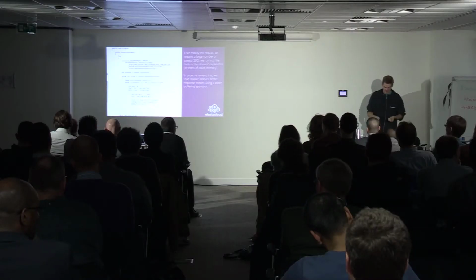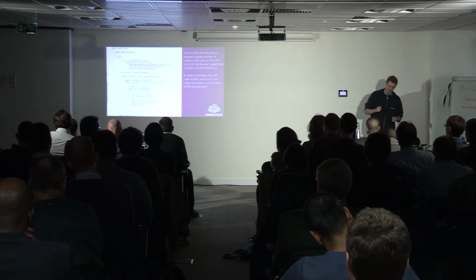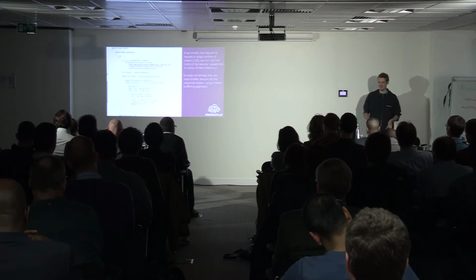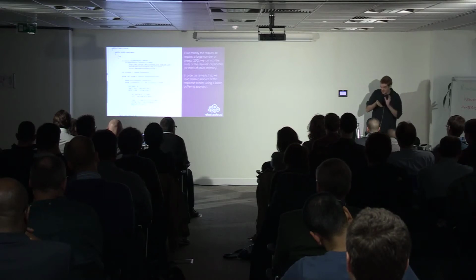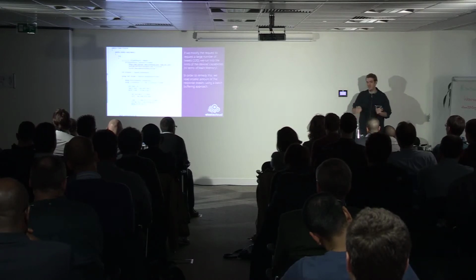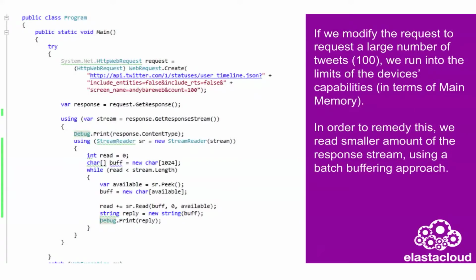So what you have to do is use a buffering approach, and it teaches you, if you do this, not to be lazy about just reading everything into memory because I've got loads of it. It teaches you to code in a very defensive way, and in a way which means that you're very light on memory usage. So you can see here, what we're doing is we're reading into a character buffer of a length of, I think it's 1024 bytes at a time, so a kilobyte at a time.